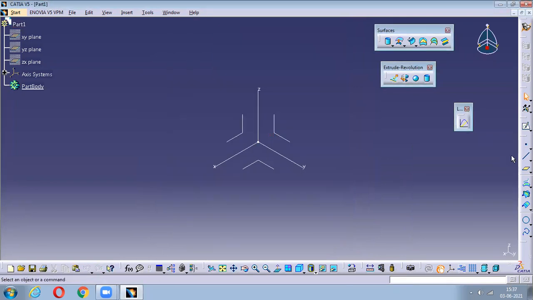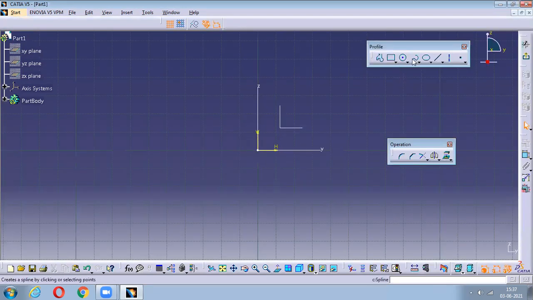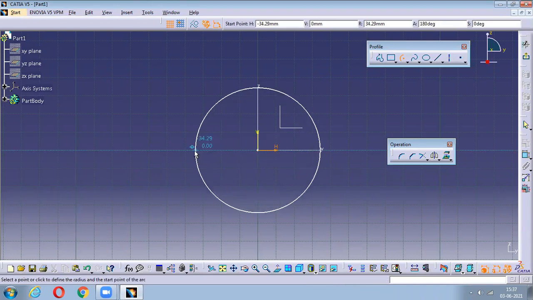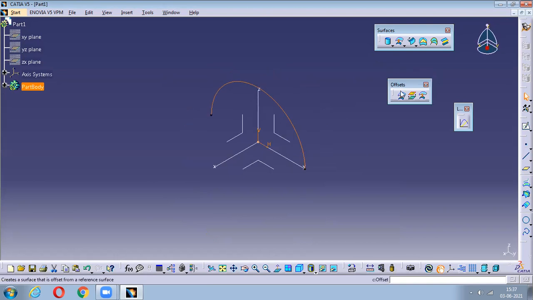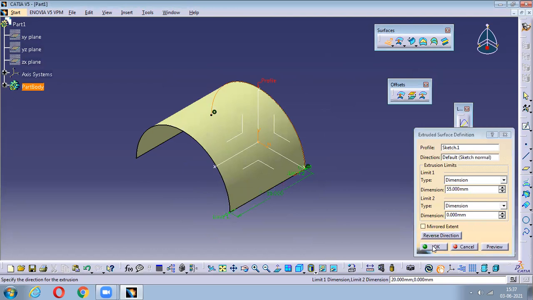So the next thing after this is called sweeps. No, sorry, offset. So the thing we have is called offset. These offsets are very much important. So how this offset works, for example, if I have a profile like this, I'll go with an arc like this. I'll say exit. I'll just extrude this here. I'll say okay to this.